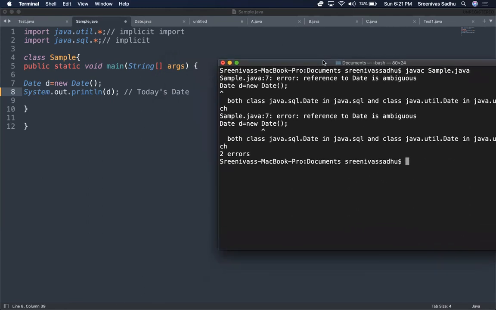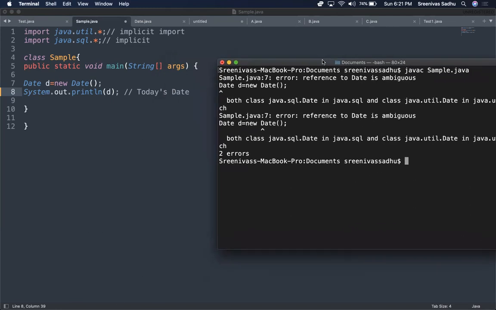So the first reason is that both packages have a Date class, and even though you are importing for your program, both Date classes are available. When you try to create an object of a Date class, which Date class is it actually referring to? That's ambiguous. But how do I solve this problem? So what I'm going to do is